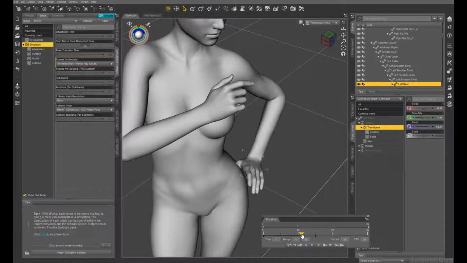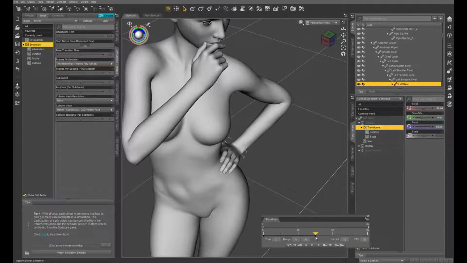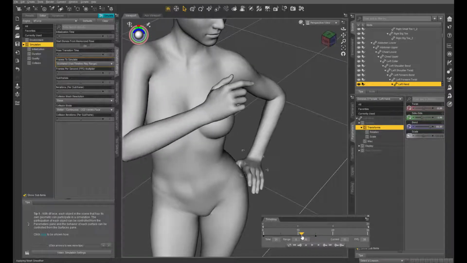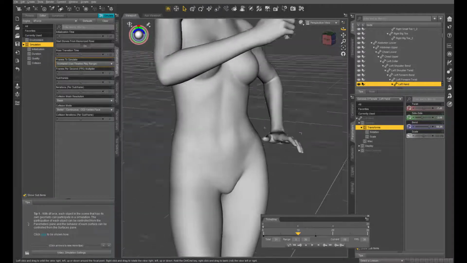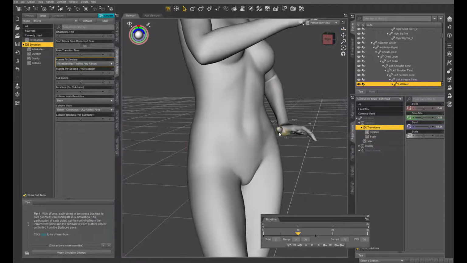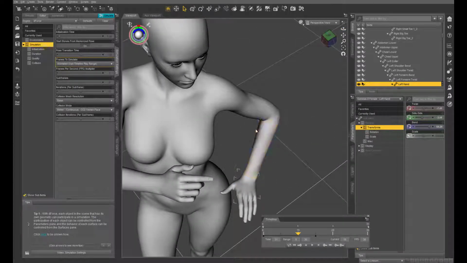We can tweak the pose in between here. You can make a lot of changes in between these keyframes. The final pose will still be this one. It will have no effect on the final pose. So here in frame 10, it's still okay. There still is a distance between hand and thumb and the hip. So we could change the arm position, but what I like to do in these cases is select this area here, the base of the thumb,